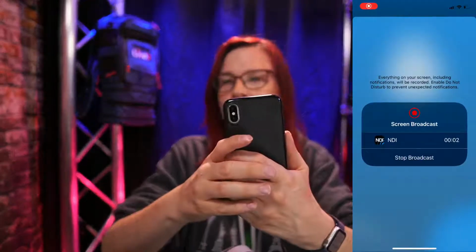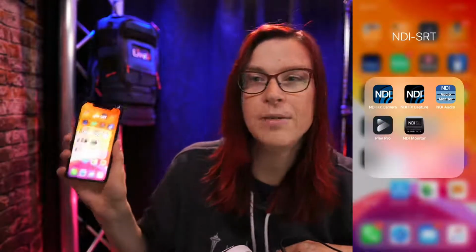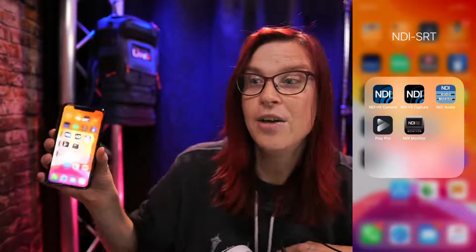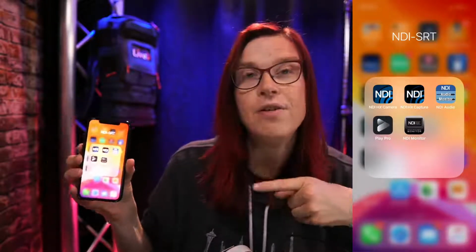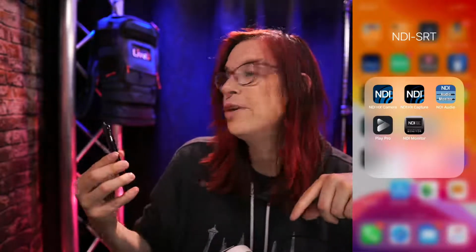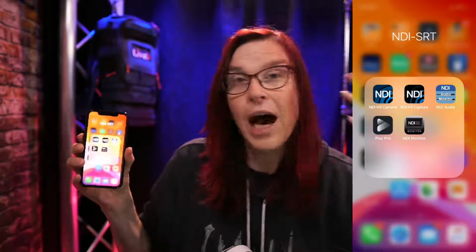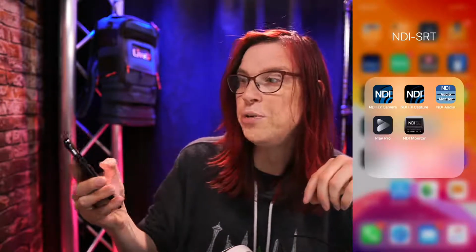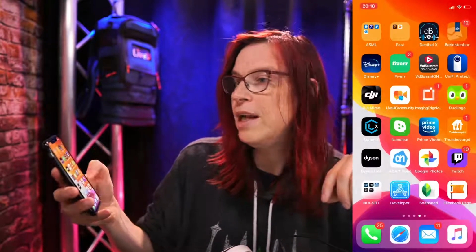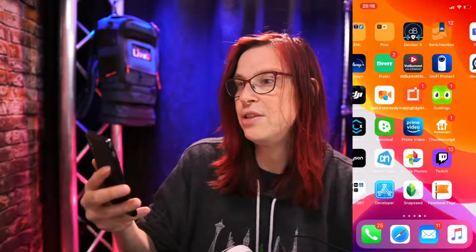There you go. So now you can actually see that on this system I am using NDI in order to see it. Now it does come at a cost, because even though this is NDI HX, I'm actually using my Wi-Fi network over here. However, it still is a nice product, because what I can do now is show you what I have on my phone. I can go this way, and then you will see it. And I can also maybe go this way, like that, so that you can see that too.